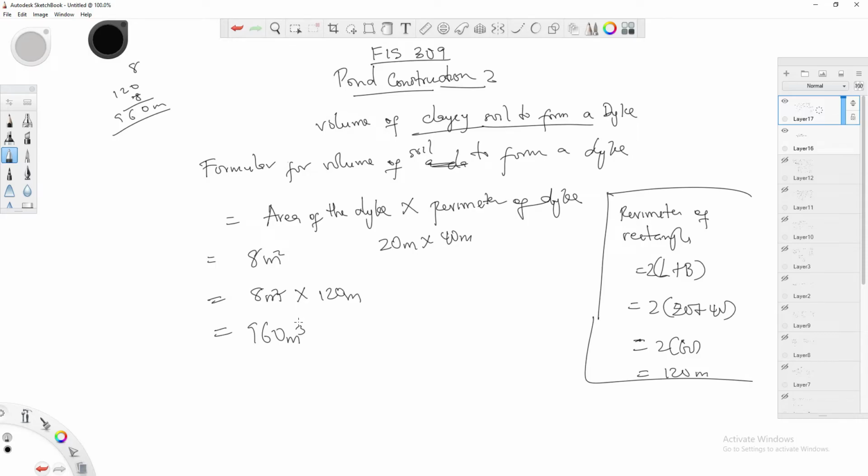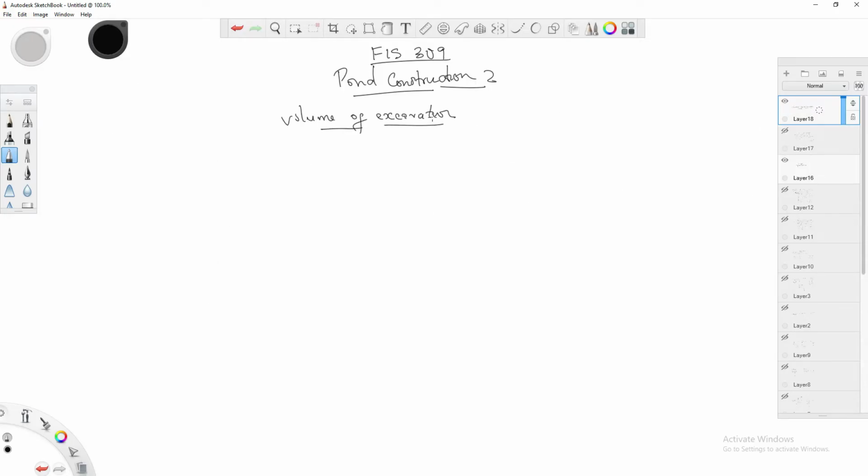So that's that. Now let's go to the next one, which is the volume of excavation. We also need to know the volume of soil that will be excavated from the ground to form the pond. So the volume of excavation is what we're trying to know. Let's assume this is the ground level. We're trying to know the volume that we are going to excavate here, like dig out. The volume of this portion. We want to know the volume that we are going to dig out